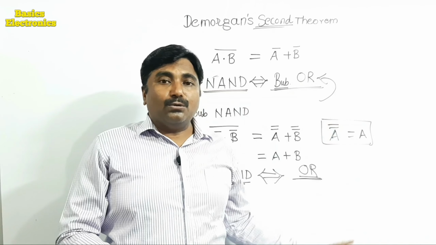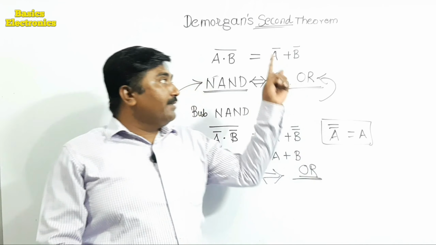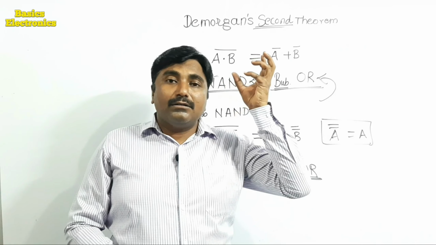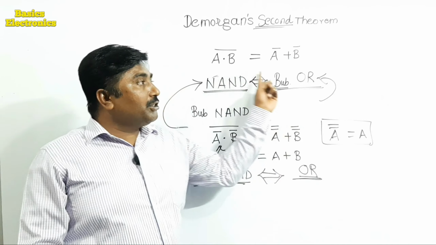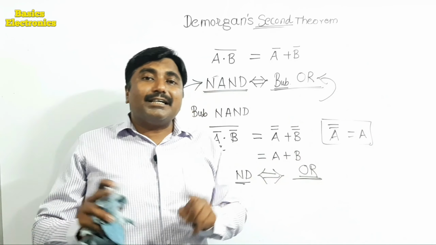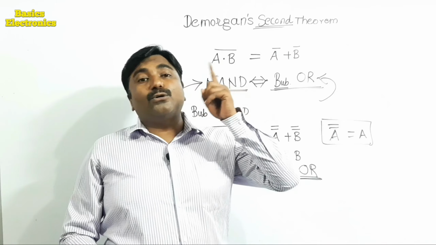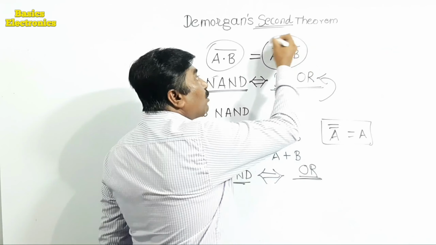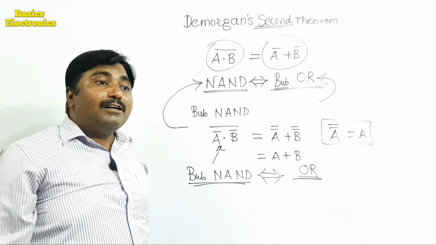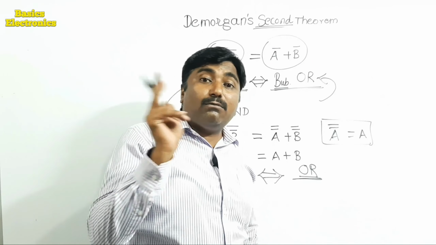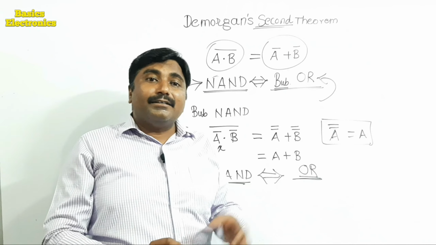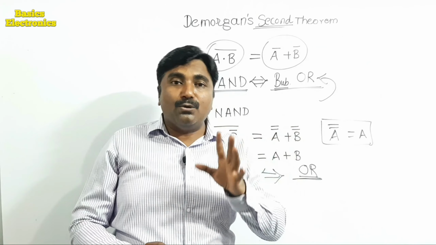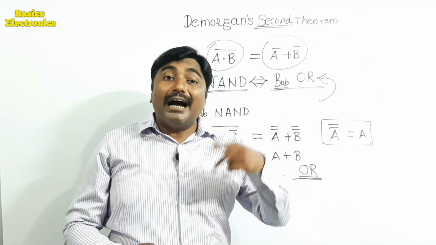Again, we have to go through the same sequence. First, we saw the logical statement, then the logical equation. Now the equation and the statement are there. We have to prove it by assigning the values of A and B at the left hand side and the values of A and B at the right hand side. If we get equal outputs, then we can say De Morgan's theorem is proved. After that, we have to draw the logical diagram, symbols and the truth table for De Morgan's second theorem.